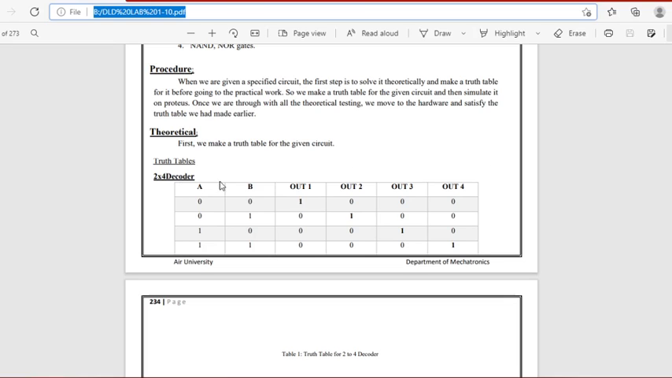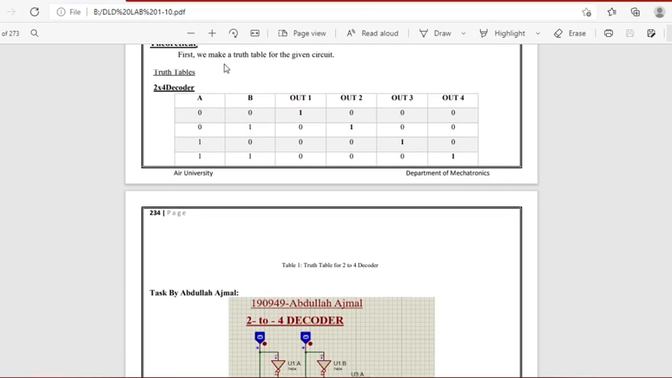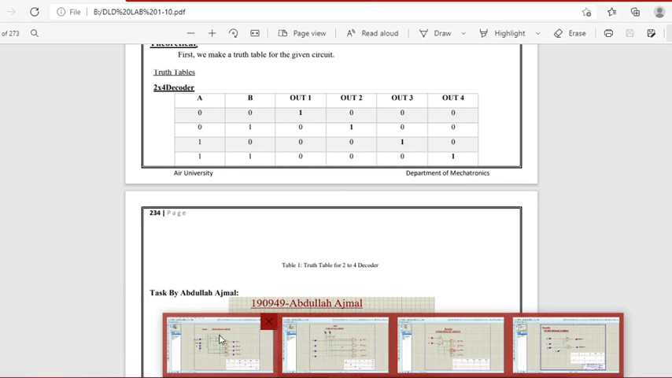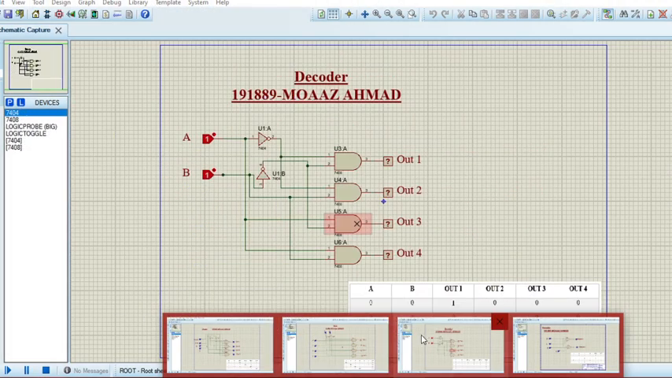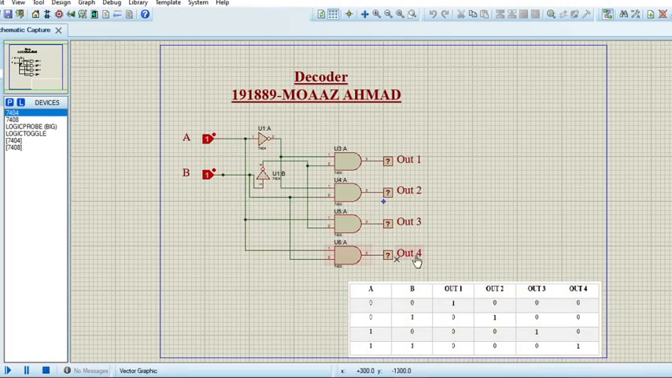This is the truth table of our circuit, and I have implemented the same circuit in my Proteus file, which is right here. This is my circuit for the decoder, and in this circuit I am using two inputs A and B and four outputs, these four. If I run this circuit from here,